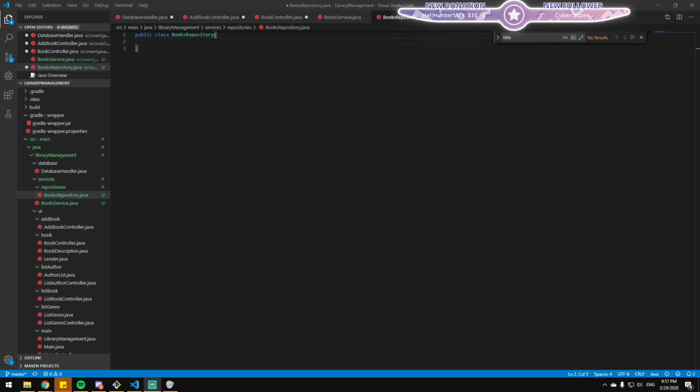If you think of your database layer as its own layer, within that you would have your connection to the database, and also your repositories, which would be responsible for accessing and running queries against the database.